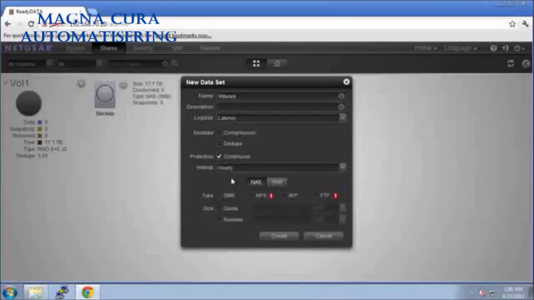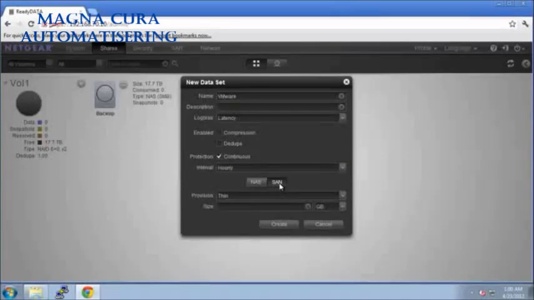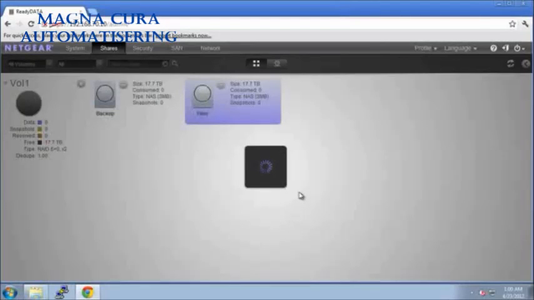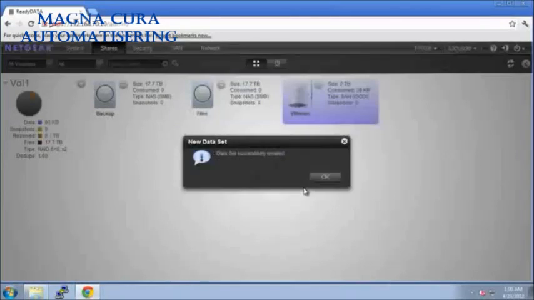I'm going to enable hourly constant protection and select the SAN tab, as this will be a LUN, select thick provisioning and the size of the LUN I wish to create. In this case, 2 terabytes. What you'll notice is, when this LUN is created, the volume reserves 2 terabytes of capacity purely for this LUN alone. This means VMware will never run out of space.